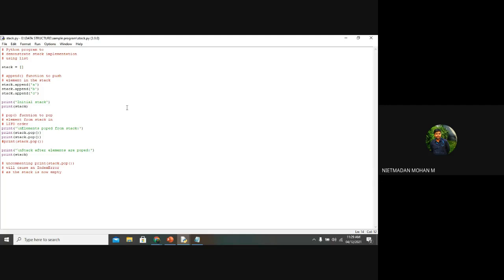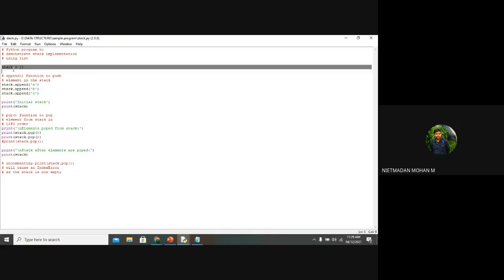Which line will be executed first? 11th line. What is that line? So here there is no subprogram, only the main program. Here we have not declared any functions in the program. So it means that there is no subprogram in your lines of code. All the lines of code consist of the main program. Here the main program starts from here, we are initializing, we are creating one empty list, and we are giving a name called stack, right?